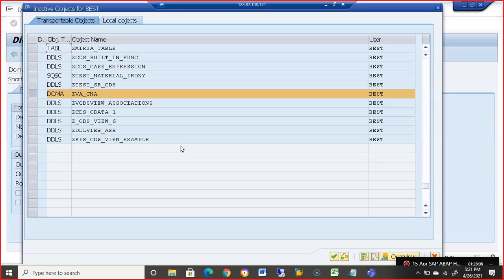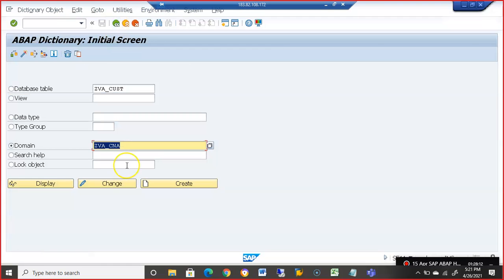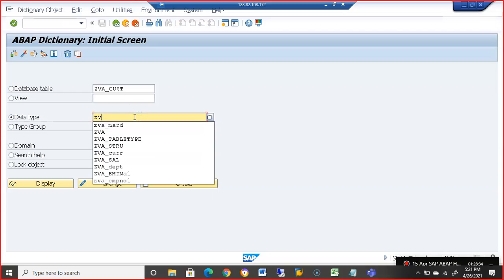After we create this, the workbench request every time for each new program, what is it actually used for? It's for movement, right? For transporting our objects from development to quality and quality to production. If you click on local object, it cannot be moved from development to quality to production. That's the reason. I had explained that in the previous session. Anyways, I'll come back to that. Just remind me of this again. I don't want to miss this flow now.